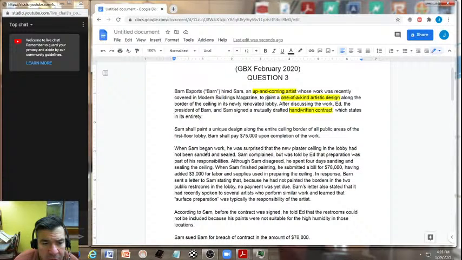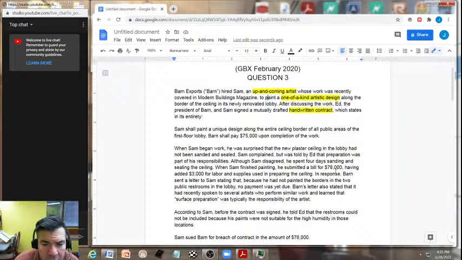Okay. When Sam began work, he was surprised that the new plaster ceiling in the lobby had not been sanded and sealed. Sam complained but was told by Ed that preparation was part of his responsibilities. Although Sam disagreed, he spent 4 days sanding and sealing the ceiling. When Sam finished the painting, he submitted a bill for $78,000, having added $3,000 for labor and supplies used in